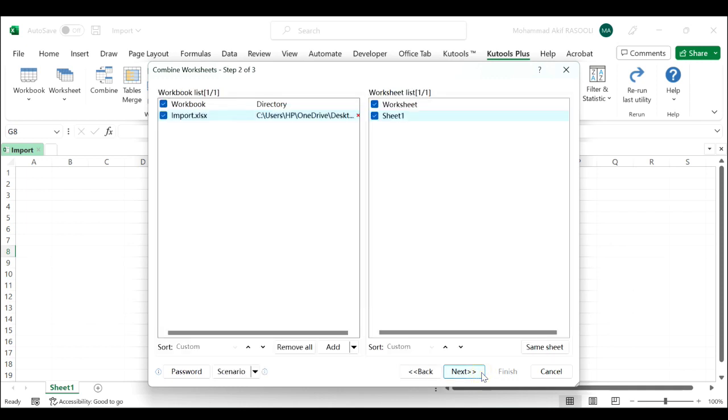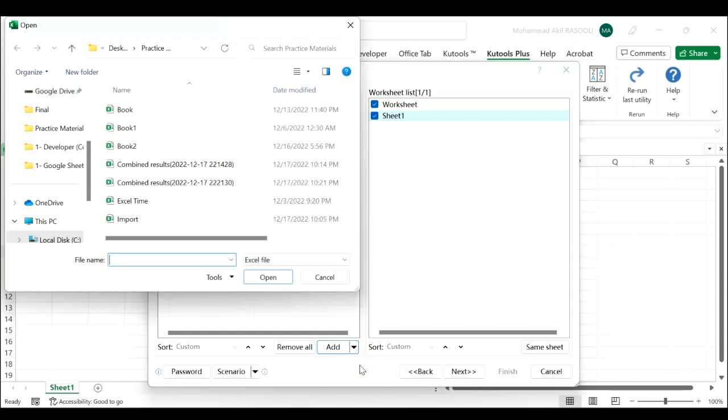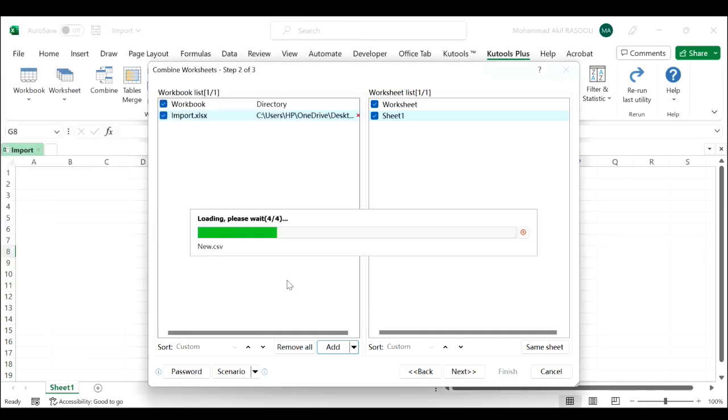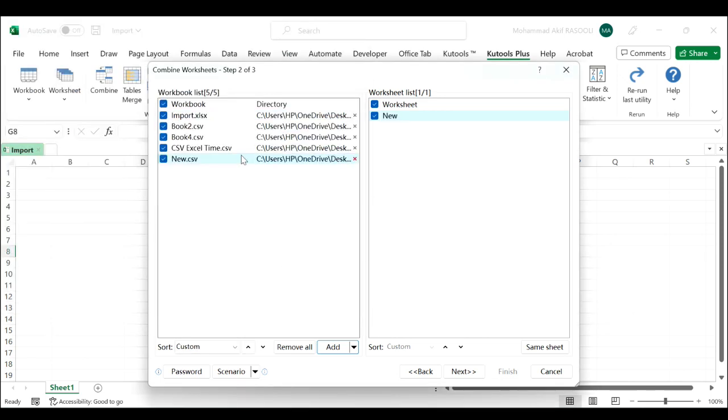In step 2 of the wizard, click Add and select Files to choose the CSV files that you want to combine. In the popped-up Open dialog, select CSV from the drop-down list and then specify the CSV files that you want to merge. Click the OK button and your selected CSV files have been imported into the dialog box, as you can see here. In step 3 of the wizard,